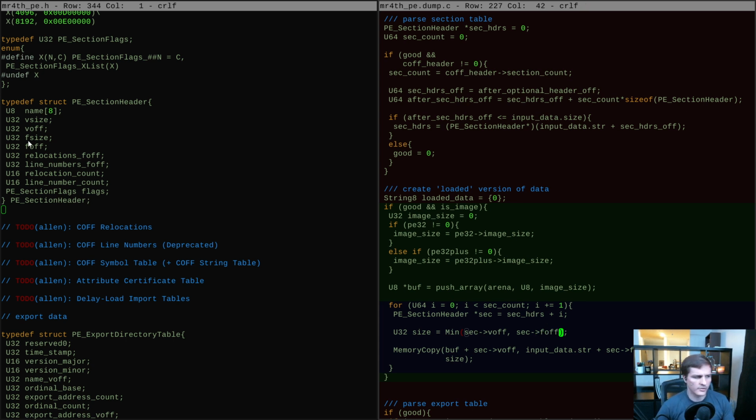So why is it the smaller of those two? If this is 0, it means that the size of this is bigger, right? This could be like a 0 section, and then we don't have anything to copy. We would have a certain size of the section in the image, but the size of the data in the file is empty because we're just going to let this be cleared to 0. If this is smaller than this, I don't know exactly how that would be relevant, but you wouldn't be able to fit all of this in here anyway. So whichever one is smaller, that's how much copying there actually is to do. Now, some of those arrangements might be invalid,